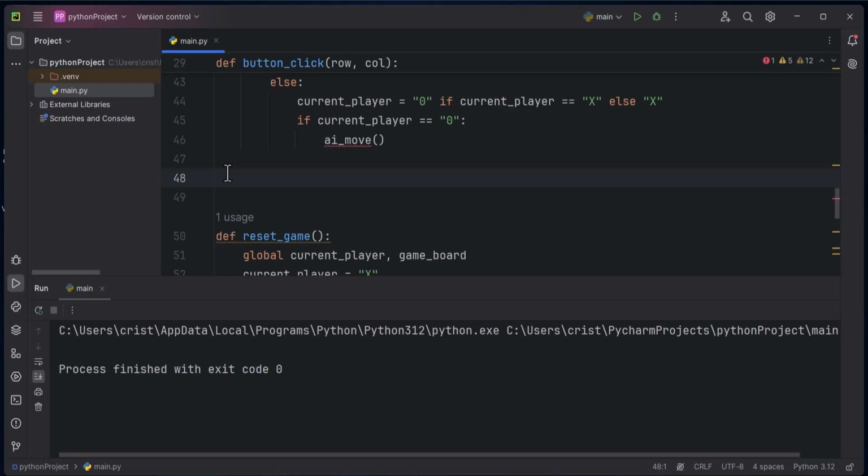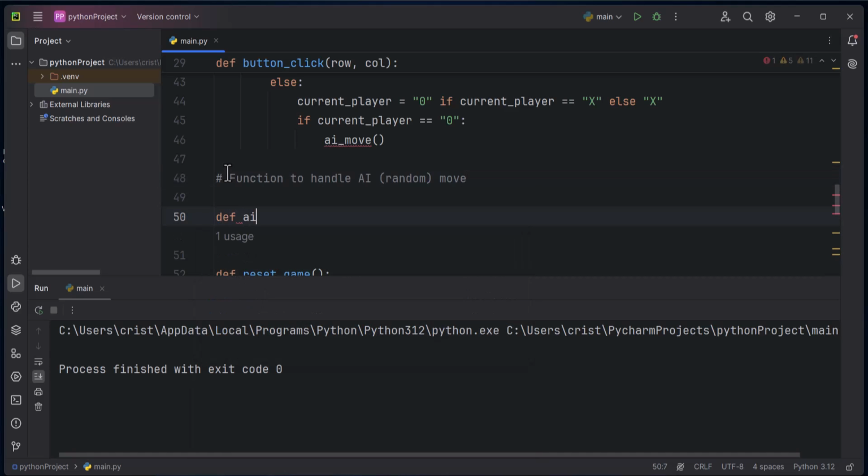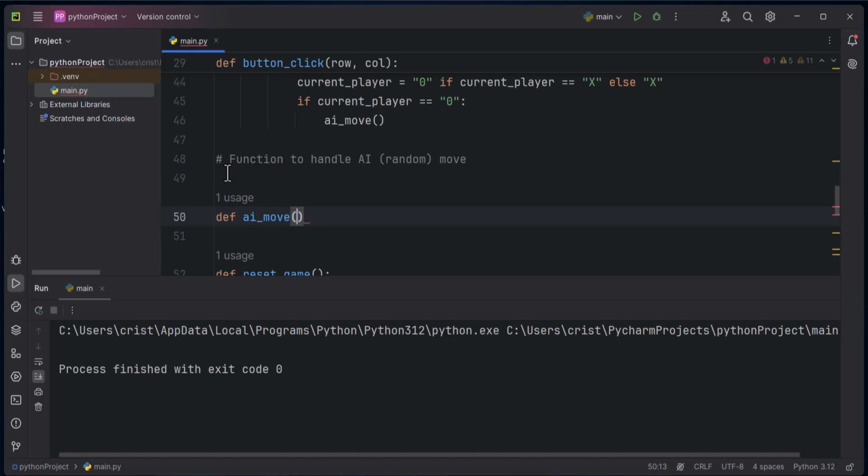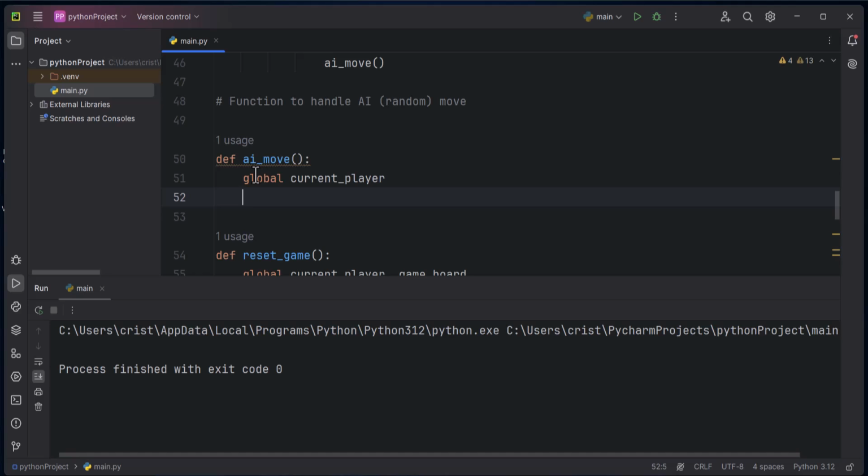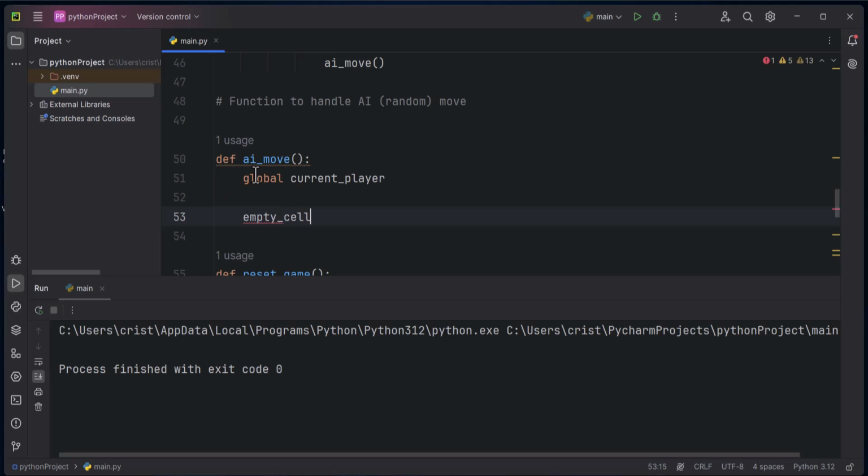Then I'll go down here and I'll type a comment, function to handle AI random move. I'll type def AI underscore move, not gonna have any parameters, and I'll type global current player, and I'll type empty cells equals to